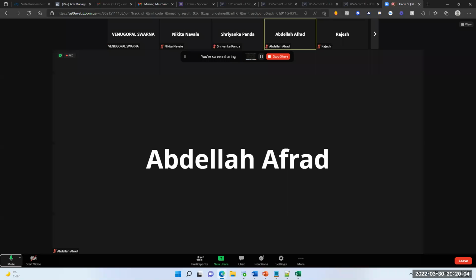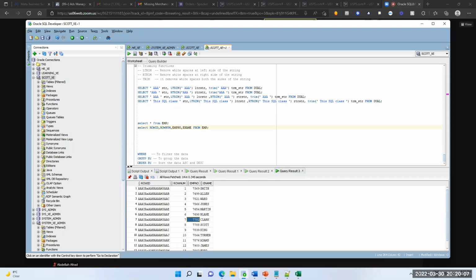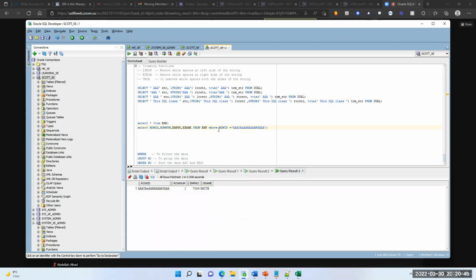See here, these are the predefined columns. You can call them virtual columns also. They are not physically in the table, but when you run the query, you can use them. These are completely unique identifiers. ROWID is always unique. The first record we have is this one, where ROWID equals this value. We're getting the first record, right?